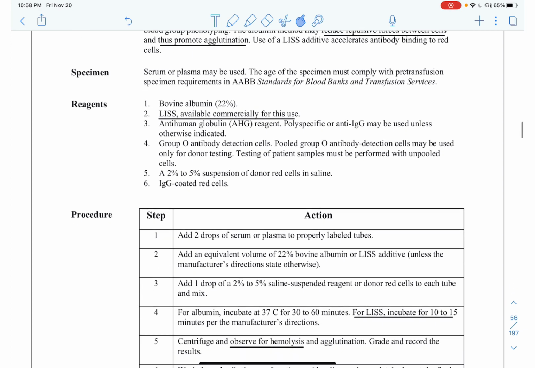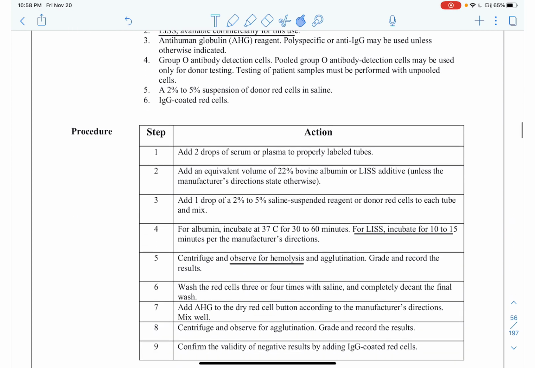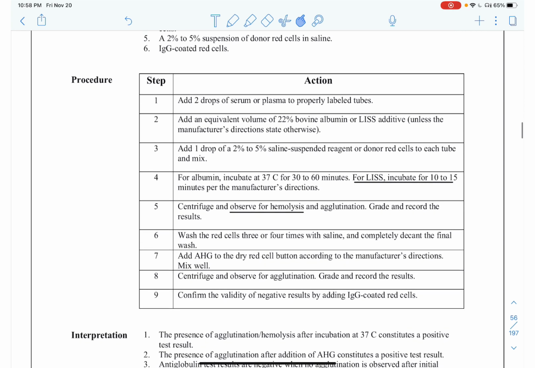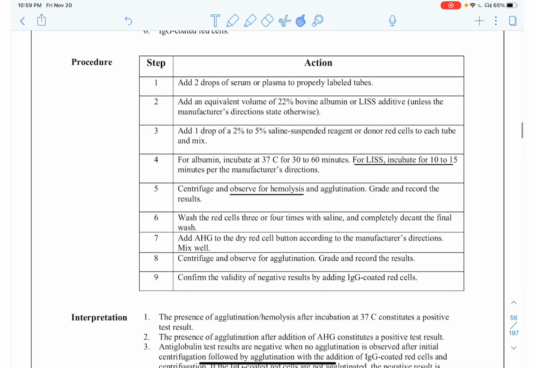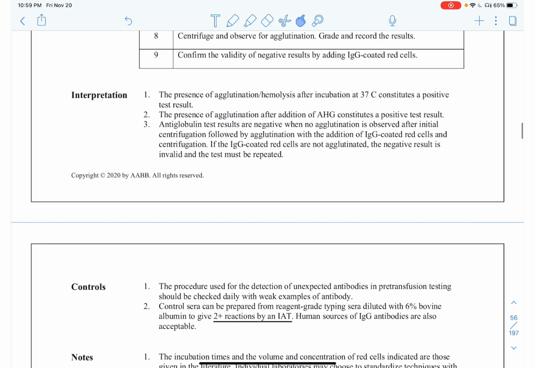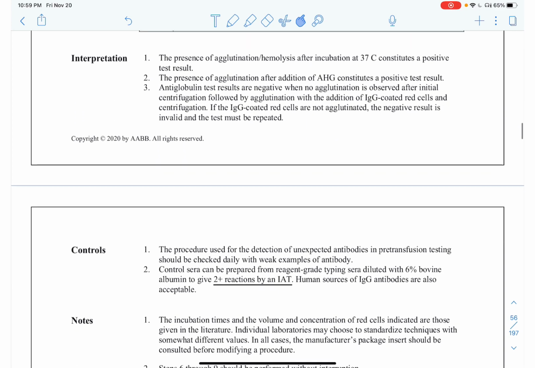It's the same method as we discussed before. However, with Liss, you'll only have to incubate for about 10 to 15 minutes. Albumin, much like saline, is for 30 to 60. The interpretations are almost identical, and